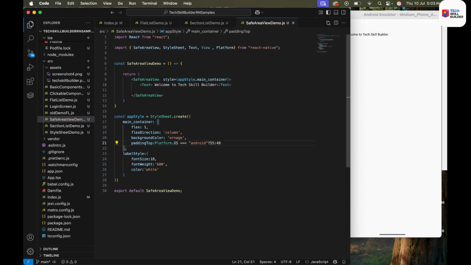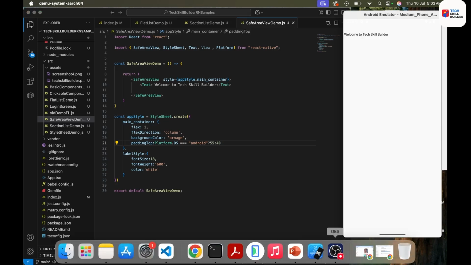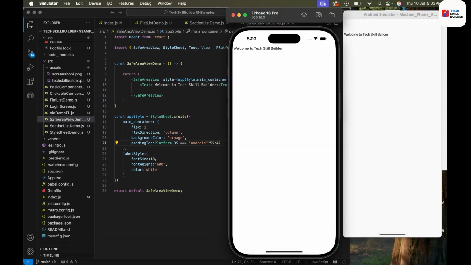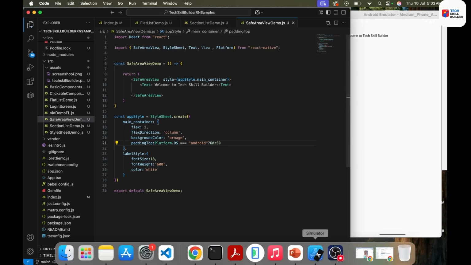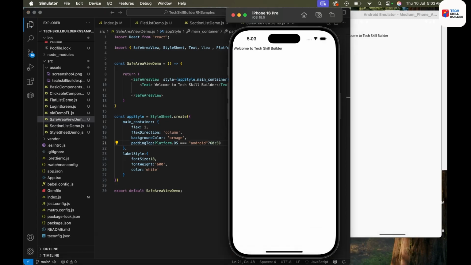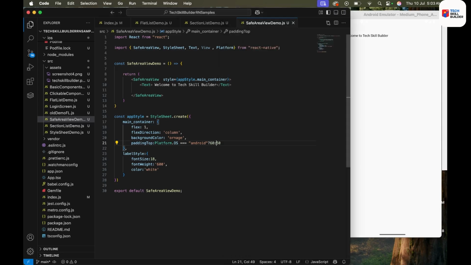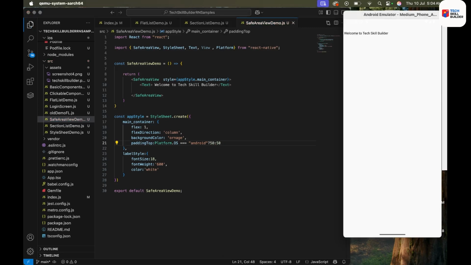Let's see how it will work. Okay, so we can make it 50 and we can make this 60. Okay, so now see, both look the same. Okay, make it 50. How will it work? 50. Okay,